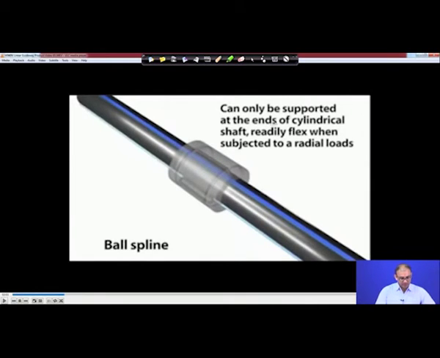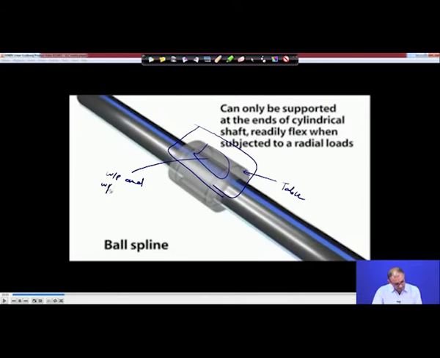So, it can only be supported at the ends. What is the problem here? When you want to use this, your supporting points are either at this end or this end. So, that is the problem. What if you are putting a very heavy load here? Because ultimately we want to put some workpiece here. So, this is the table, on the top of it comes the workpiece, and the workpiece fixture.